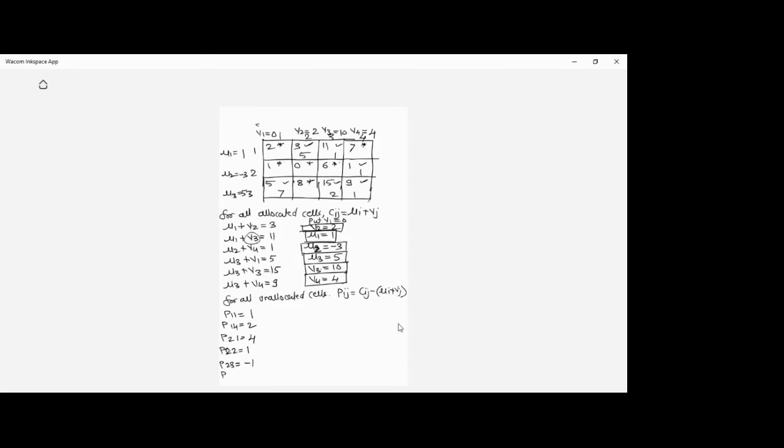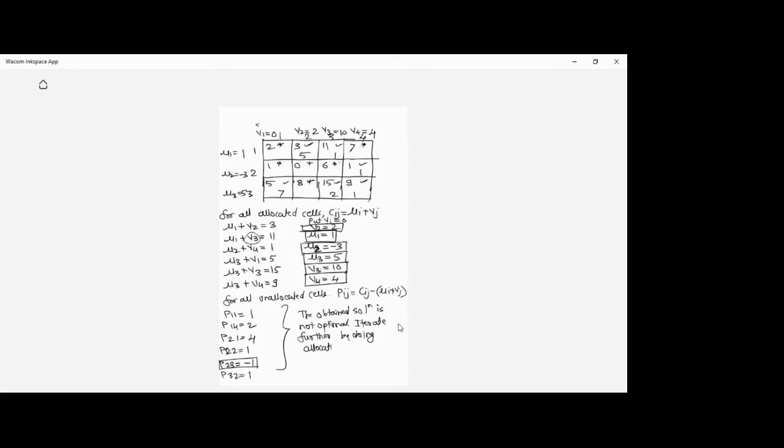Nextly, we have this cell, which is P32. So P32 is equal to 5 plus 2 is 7, and 8 minus 7 is 1, right? So here also, if you see, we have got -1 in this cell. So the obtained solution is not optimal, right? And we iterate further